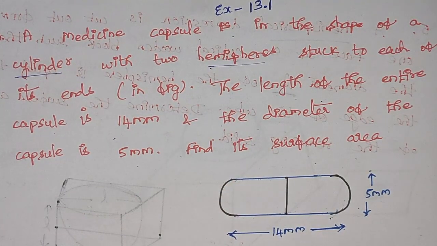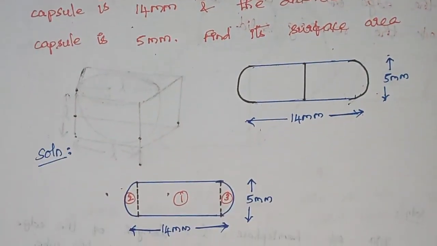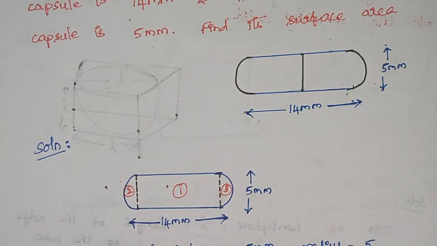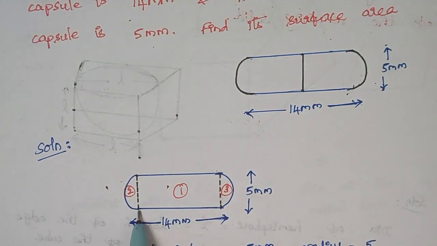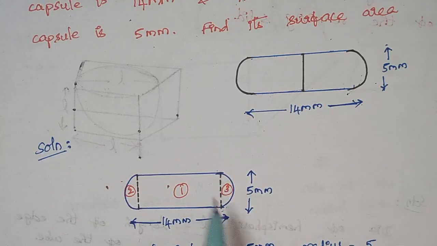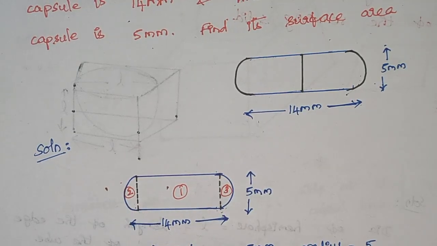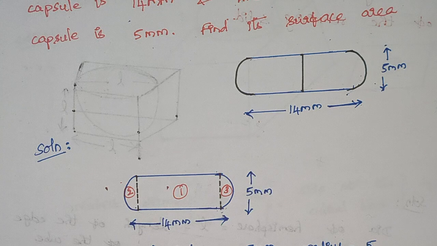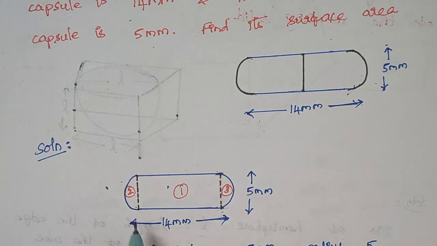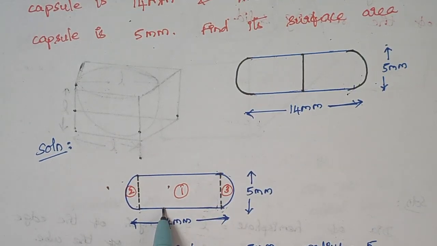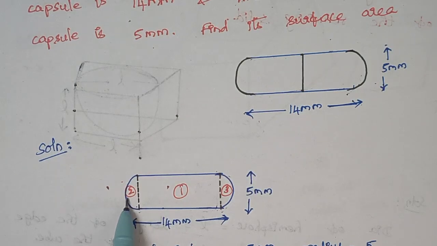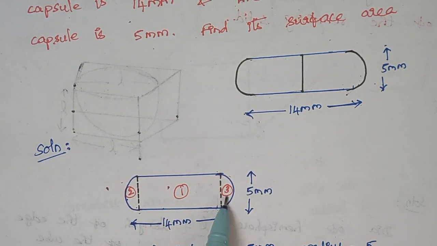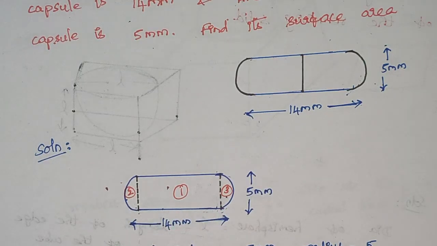So I am just redrawing the given diagram. You see the same diagram, right? I had drawn like this. You see this is the cylinder and here I am having one hemisphere and here I am having the other hemisphere, right? So now we have to calculate the surface area. So what is the surface area of the capsule? Just from the observation we can clearly tell that it is the surface area of the cylinder as well as the surface area of this hemisphere and this hemisphere, right? When you find all these three values and add them,